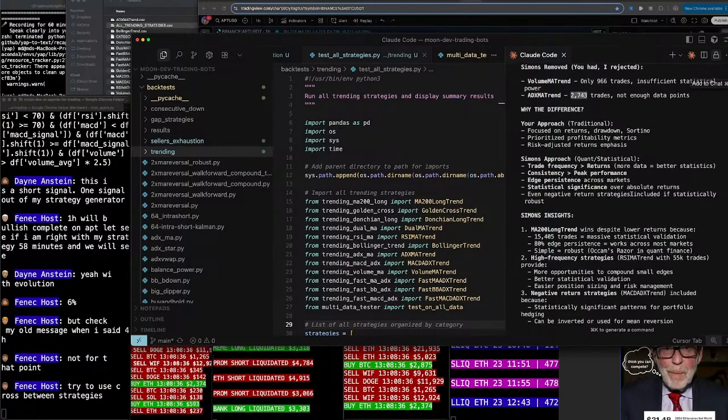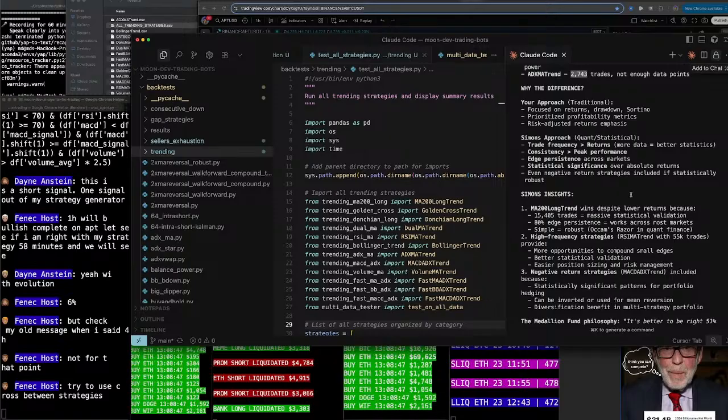So why the difference? Your approach, traditional, focuses on returns, drawdown, Sortino, prioritizing profitability metrics and risk-adjusted returns. Simons' approach, the quant statistical, is trade frequency over returns. More data equals better statistics. Okay, that's fair. Consistency over peak performance. Edge persistence across markets. Statistical significance over absolute returns. Even negative return strategies included